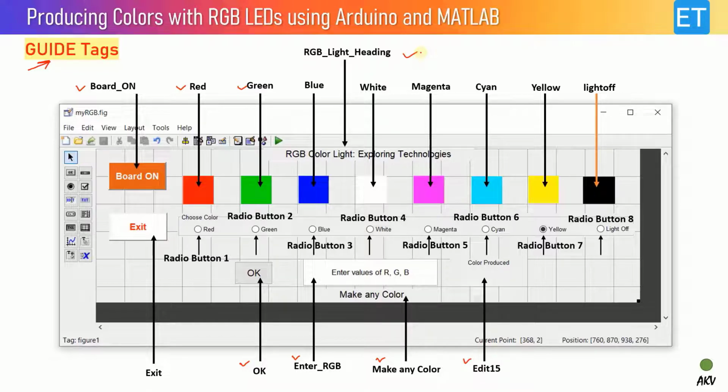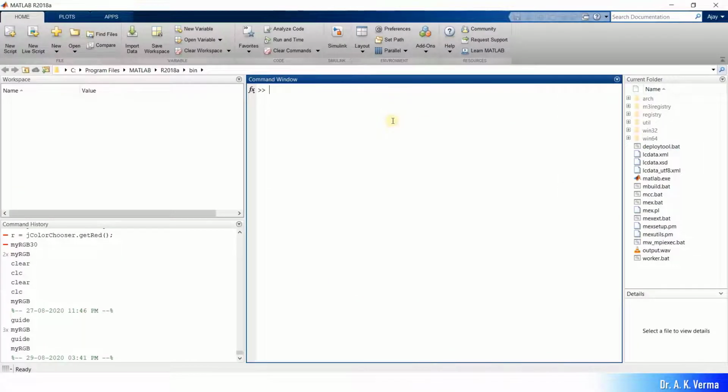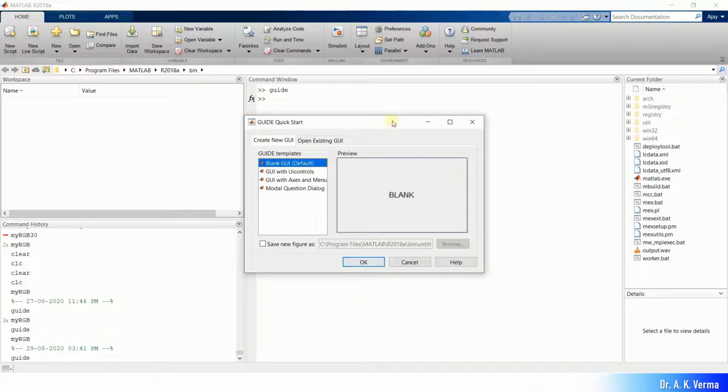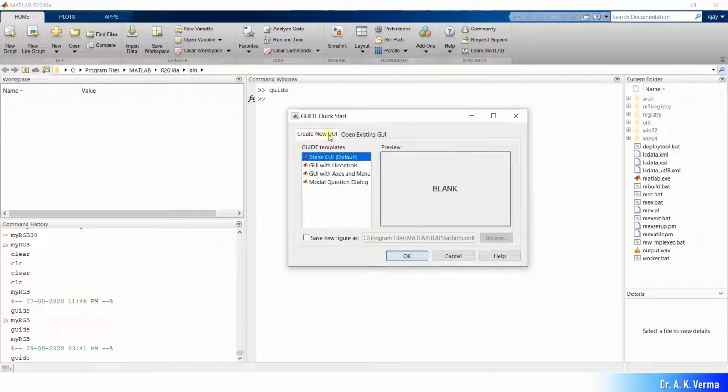Now I will take you to MATLAB and I will show you how you can design this graphical user interface. So let me jump to MATLAB. So let me open MATLAB. This is my MATLAB command prompt, and here I will write guide. When I execute this guide, this quick start menu opens and it asks me to create a new GUI. So I will create the blank GUI default,